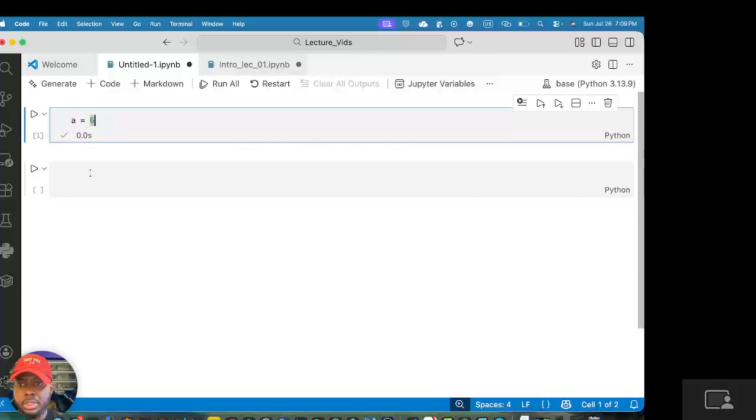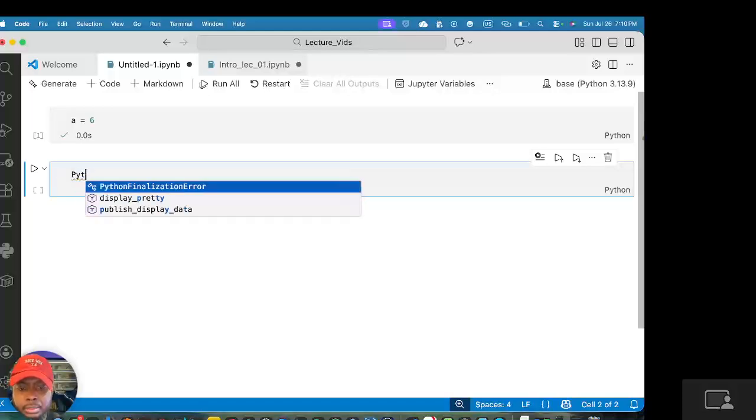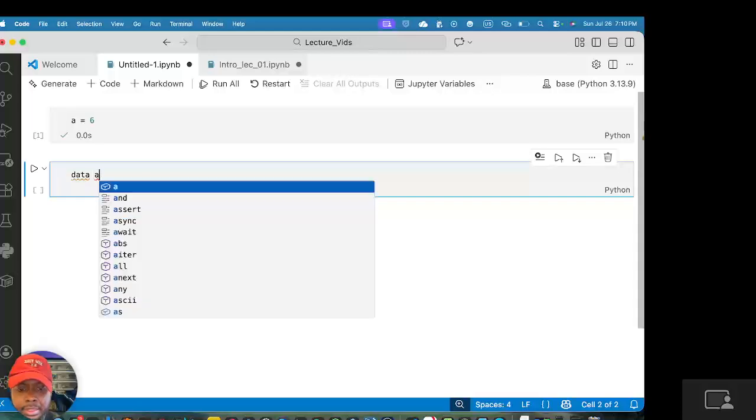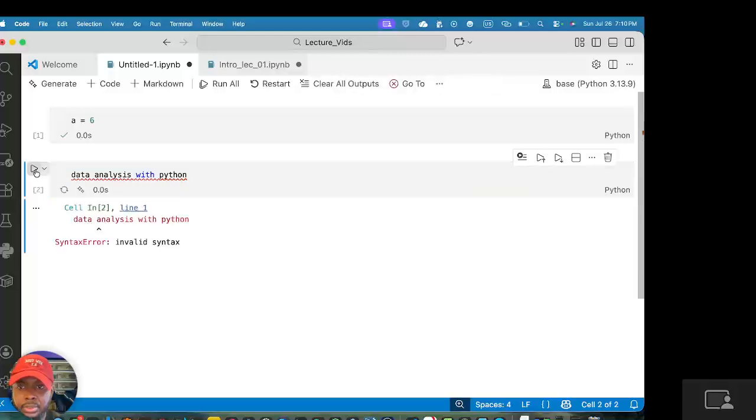So now, if I want to explain something, I probably want to write a heading, let's say for instance, "Data analysis with Python." Now, if I run this cell, you notice it's showing an error, invalid syntax. It's pointing out that this is invalid syntax in Python, which means something is wrong with my code. Why? Because this is a code cell, but I executed it without actually giving code that follows the Python syntax. So if I want to give a heading like this,